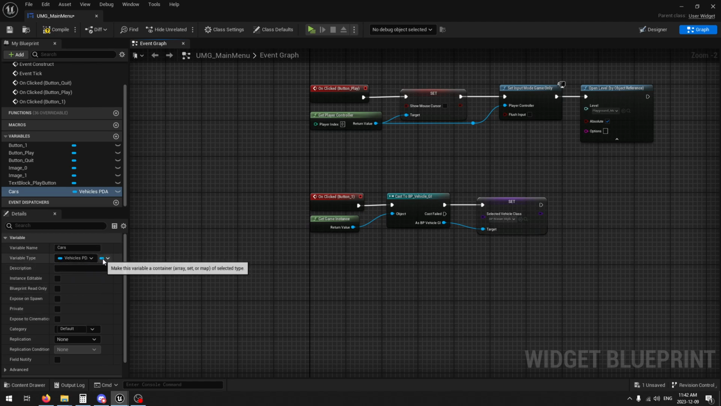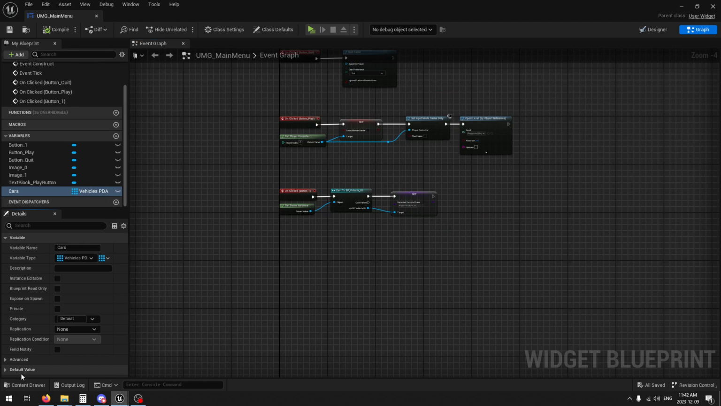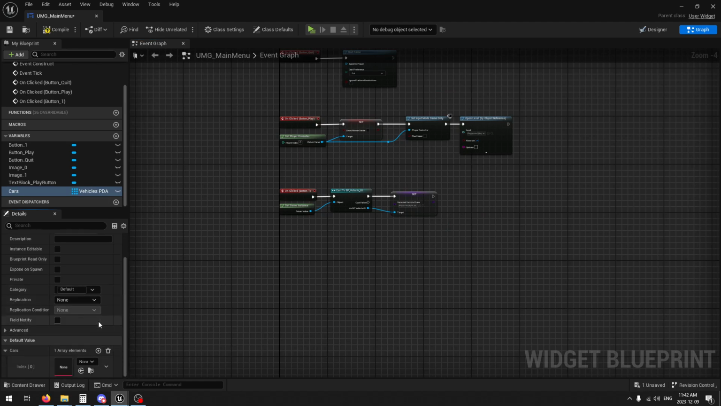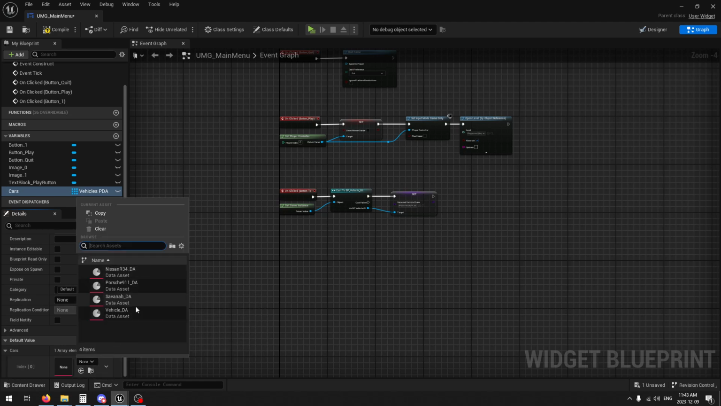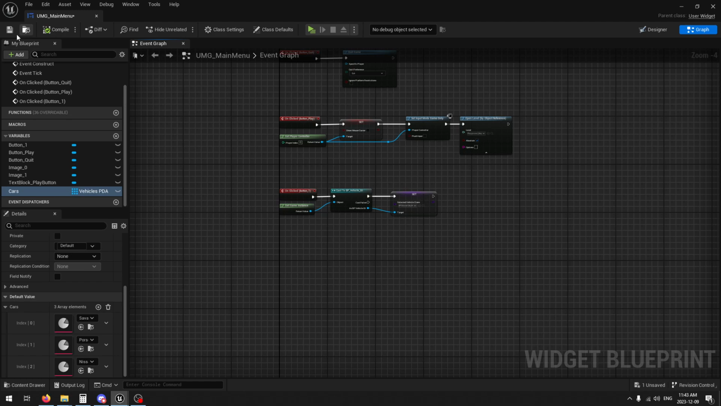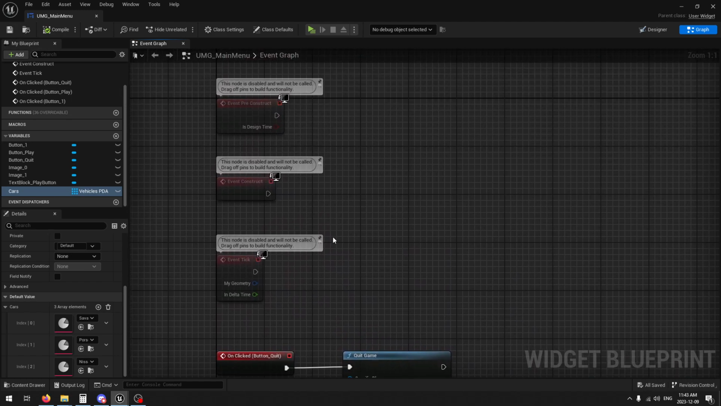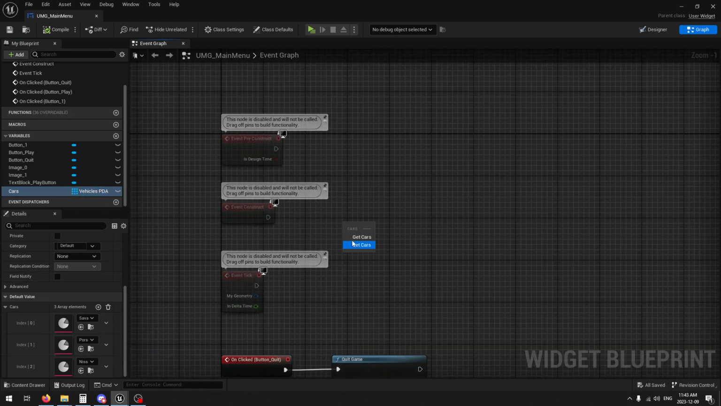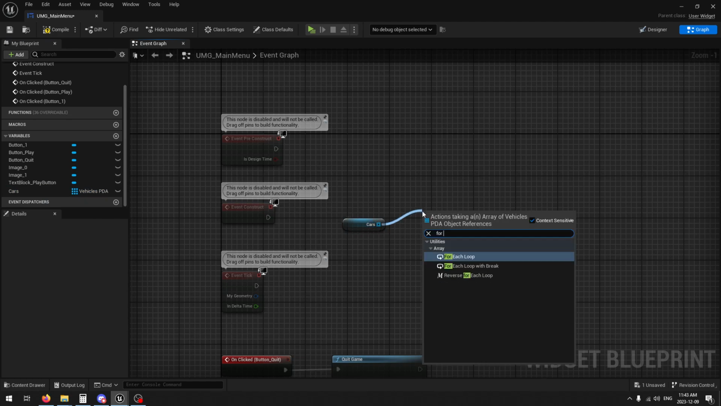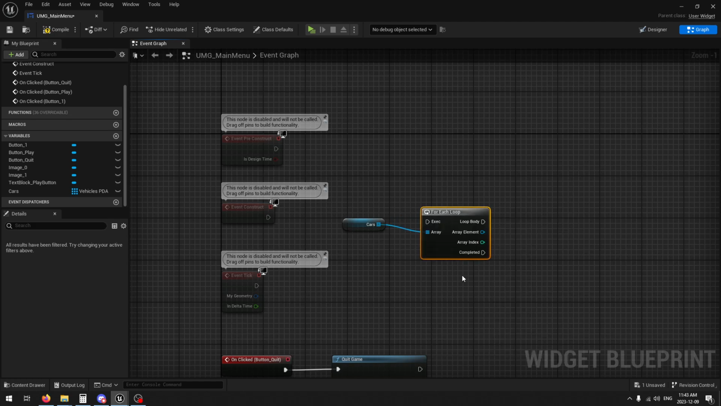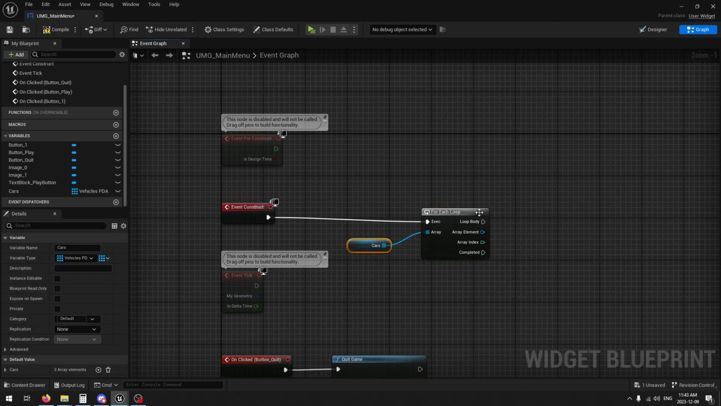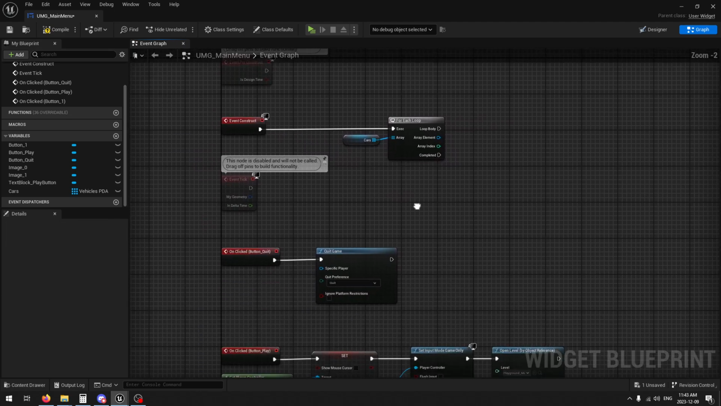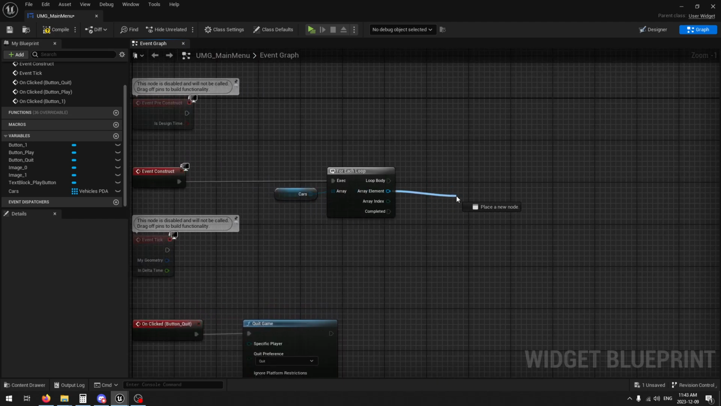By variable type here, you can click and make that an array. Now in the default values, we will add an entry for every vehicle we want to be able to display onto the menu. So we got the Savannah, we got the Porsche, and the Nissan. Then here on event construct, we're going to grab that array and have a for each loop. And for each one, we will create a button,